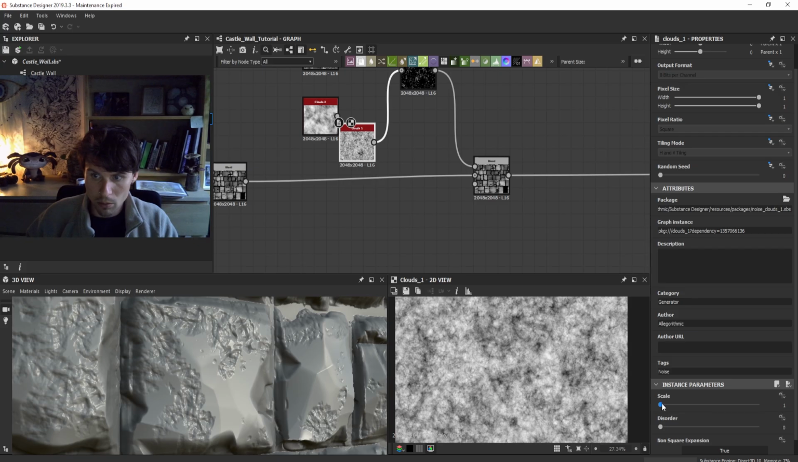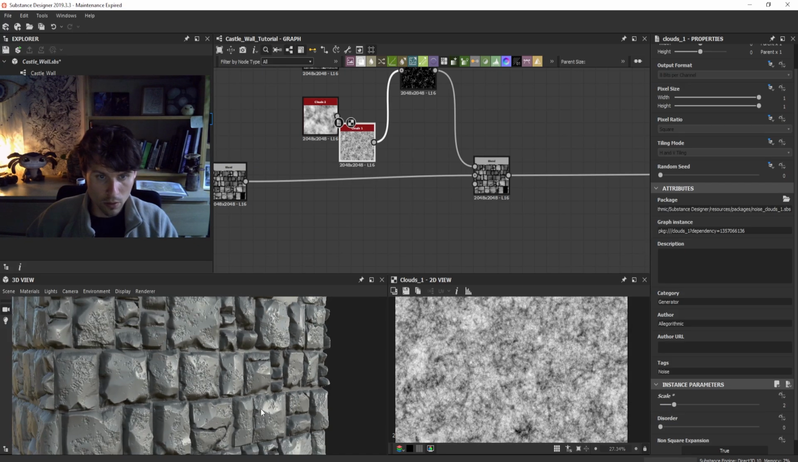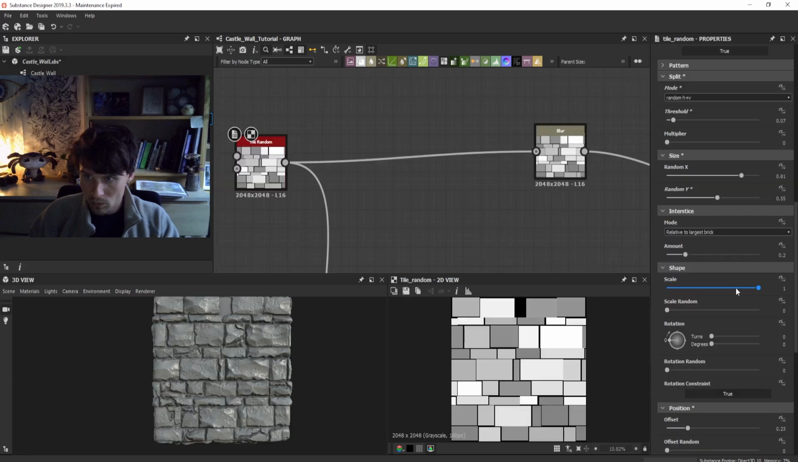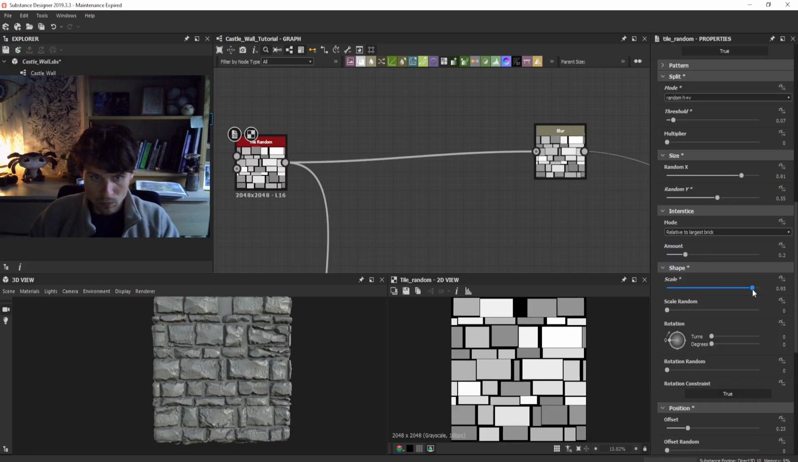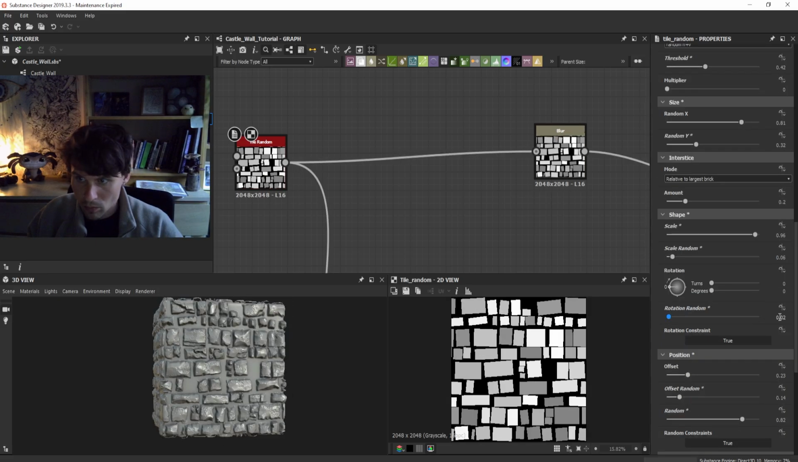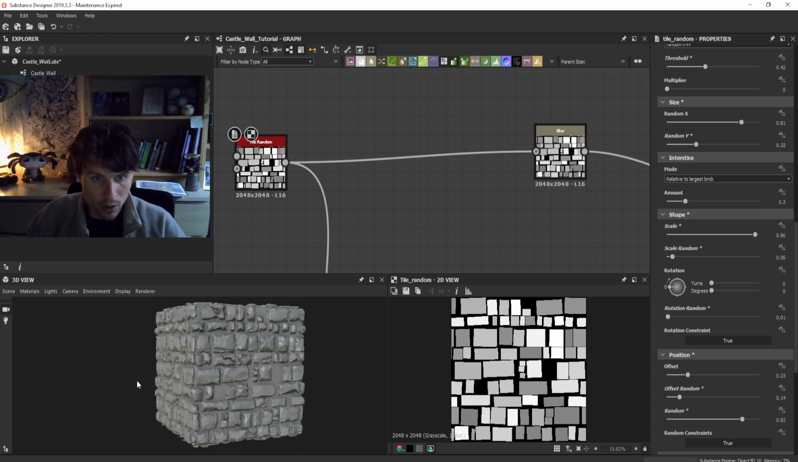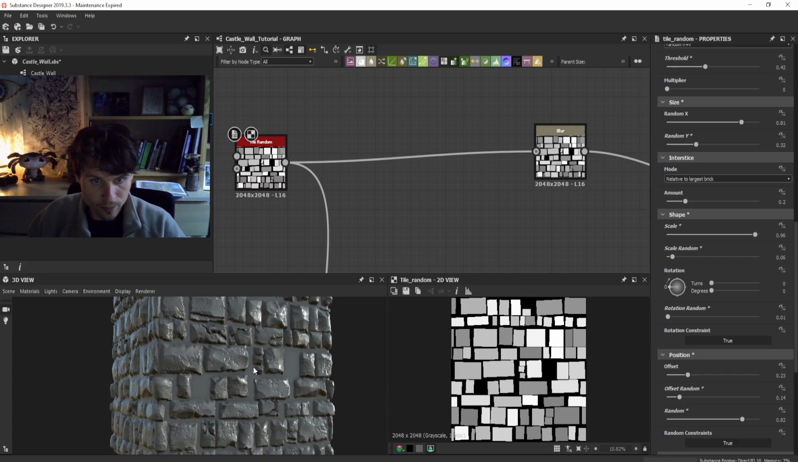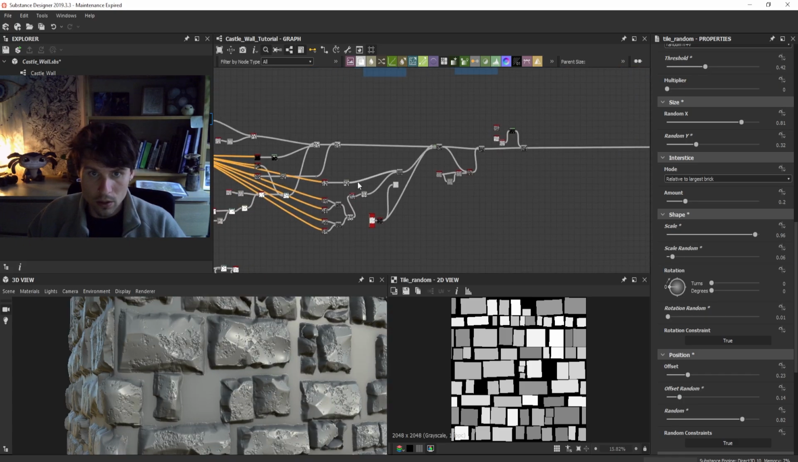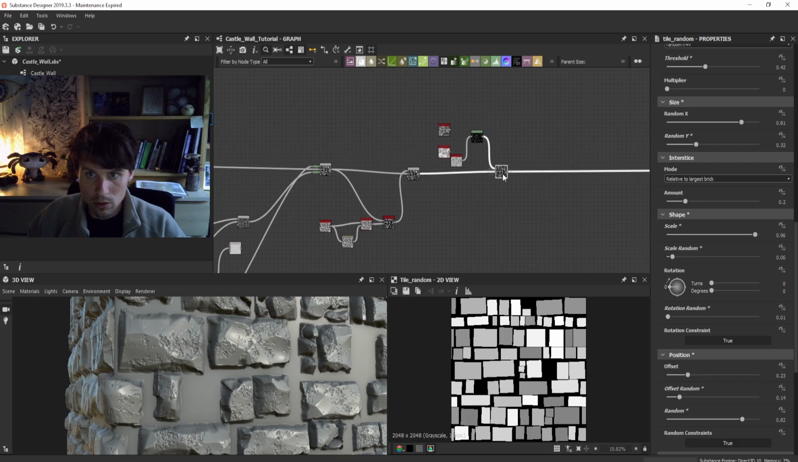You can make it a bit smaller. Get some more sharpness in there. Yeah, that looks pretty nice. Just randomizing a little bit more. Okay, let's go back to our surface. So what I wanted to do is just